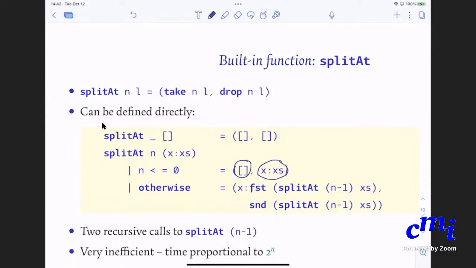Otherwise, n is greater than 0, and you will do splitAt of n minus 1 xs first, and then you will do x colon first of that, and then second of that. But the way Haskell works, splitAt n of something will have two recursive calls.